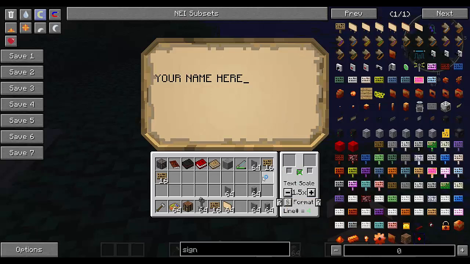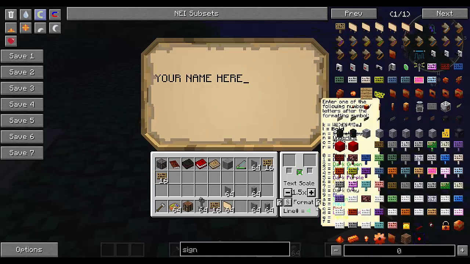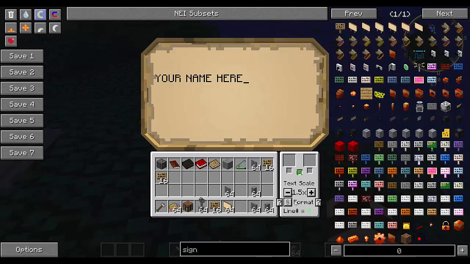Format, is there anything about center? No, that's just colors. Alright, increase the size. There we are. Your name here, and then we just go up here and center it like that. There we go.